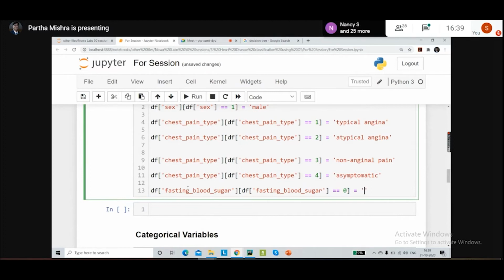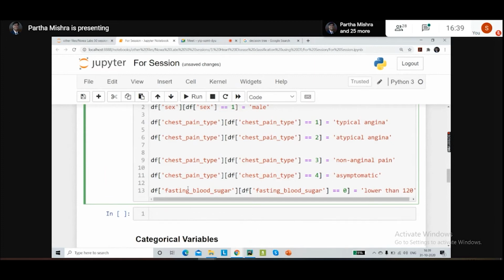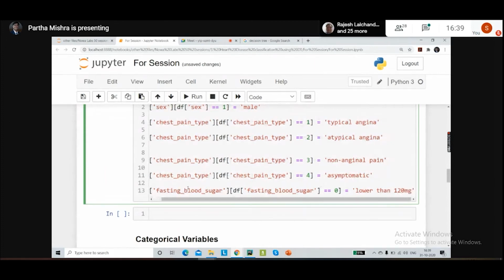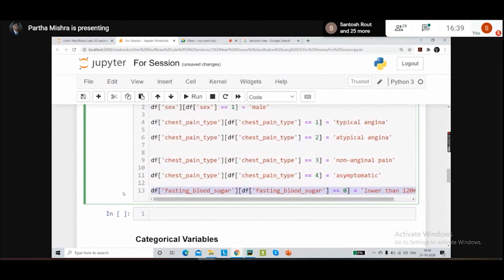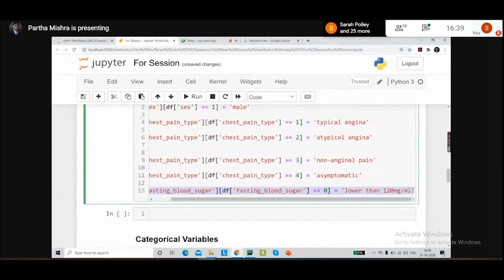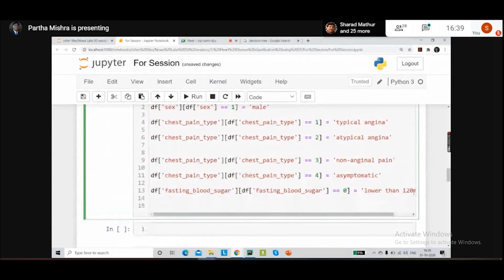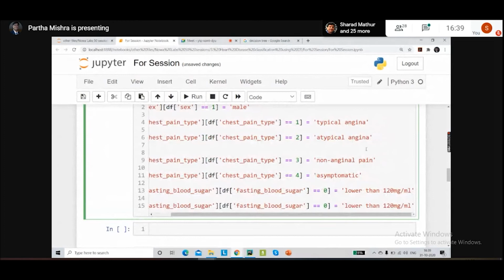If it is 0, we have lower than 120 milligram per microliter. Let's copy this. And here if it is 1, it will simply become greater than that value.